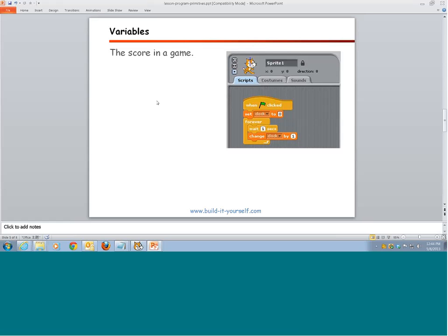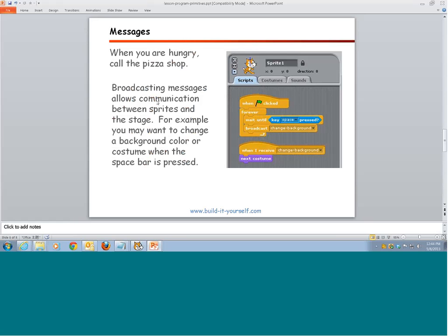How about a clock? What are the variables in a clock? The time, the minute. Hours, minutes, and seconds. Variables in a clock. Okay, let's move on. And the last concept that you use in computer programming, which is very